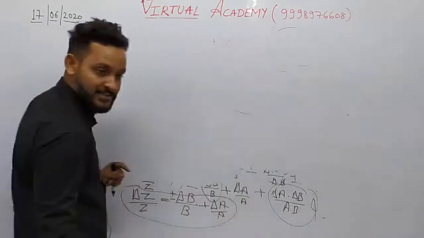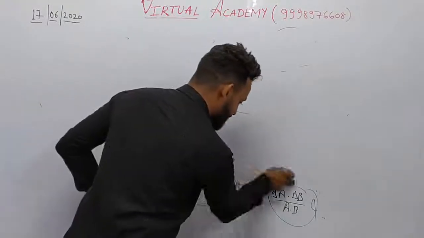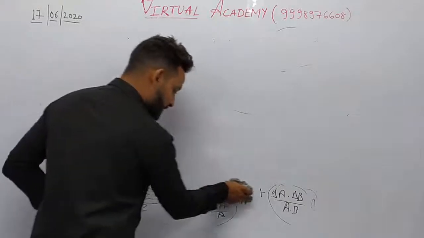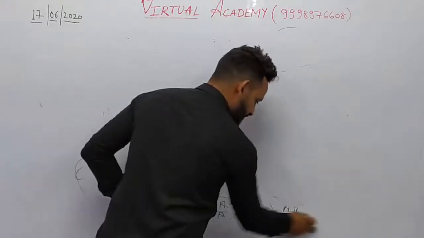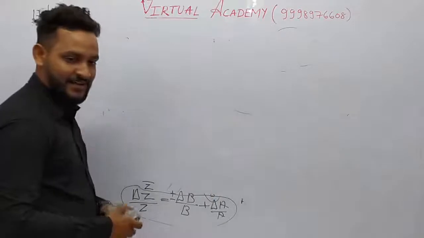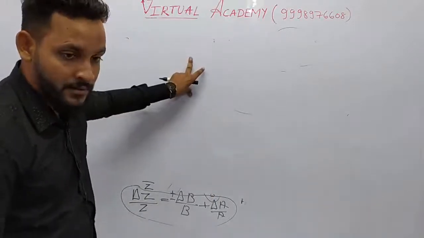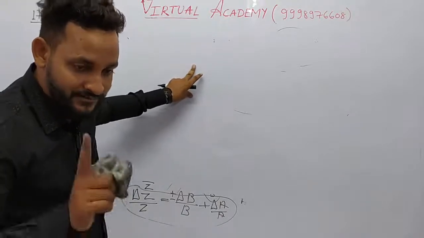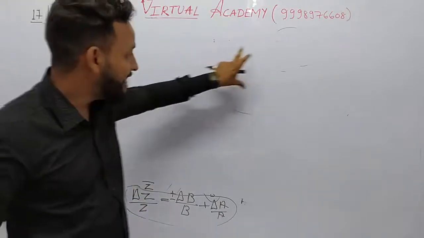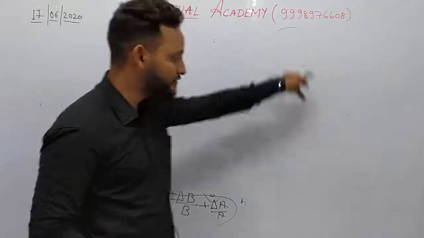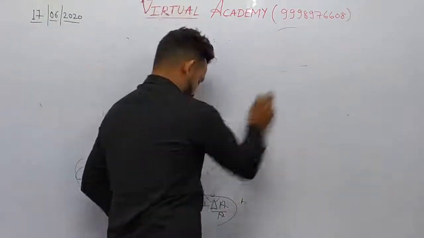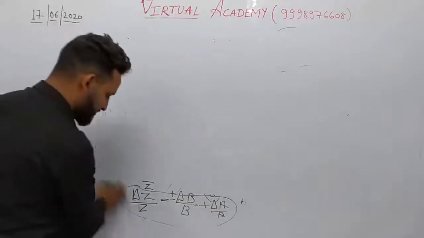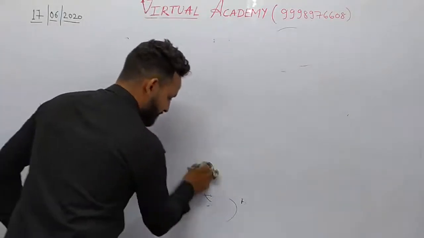In a division term, what did we do? Same as it is, we follow the equation of multiplication. We have to follow the same multiplication equation, but we just have to divide the left hand side by capital Z and the right hand side by a into b. Clear? This is the equation for the division term, error of a division.